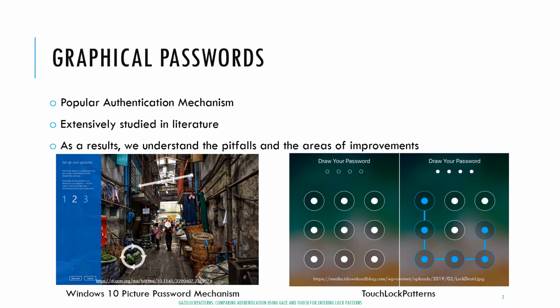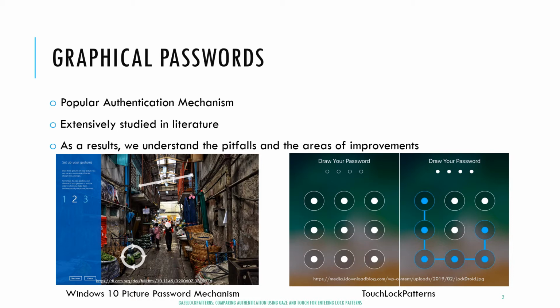Graphical passwords such as lock patterns are a popular means of authentication, especially among Android users. In lock patterns, users authenticate by entering a pattern that connects up to 9 digits on a 3x3 grid. Lock patterns that are entered via touch, in short as touch lock patterns, have been extensively studied in literature. This resulted in an understanding of how strong the touch lock patterns users created are and also their common pitfalls